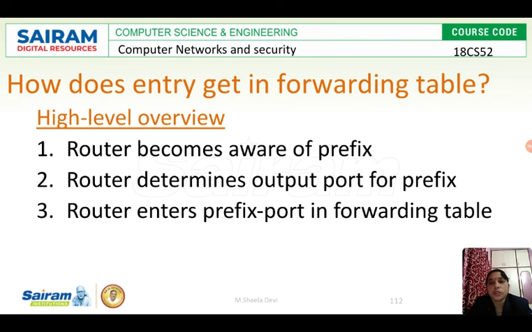Clear? See, if I want to go to the backside of our college, then I should use the backside gate. If I want to go to Hosur, I should use the backside gate. If I want to go to Anekal, then I will use the front gate. This is nothing but a forwarding table. So if some subnetwork can be reached through gate number 2, that is port number 2, then that address maps to port number 2. If some address can be reached through port number 3, then that address maps to port 3. This will be the entry in the forwarding table.